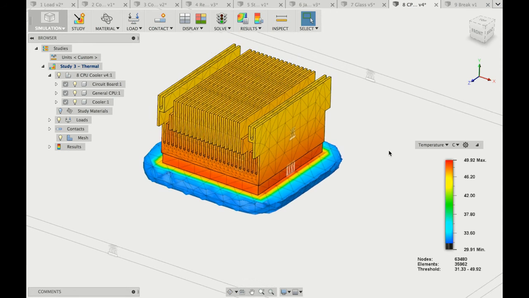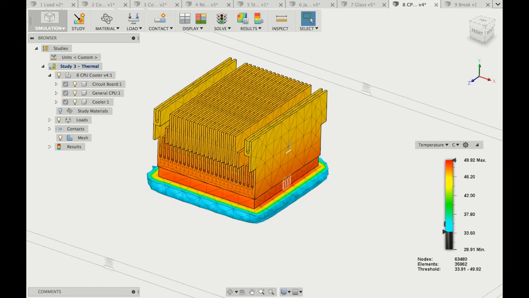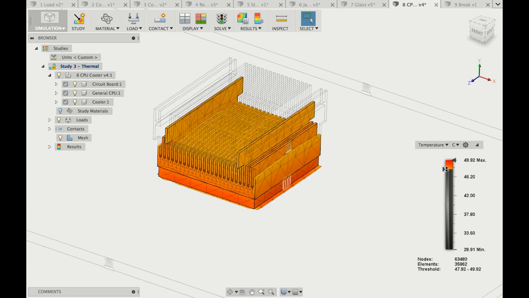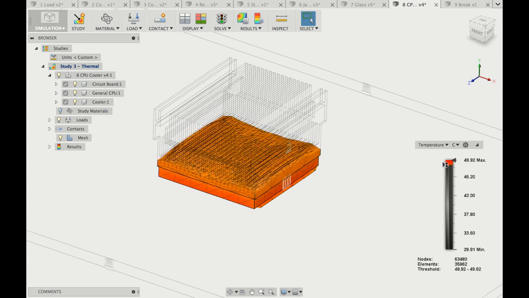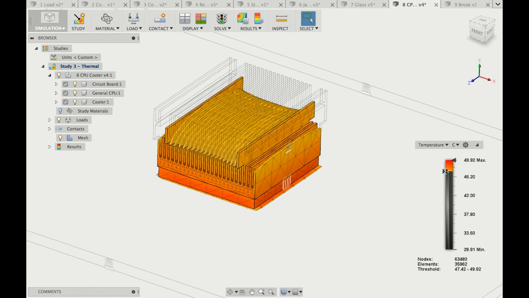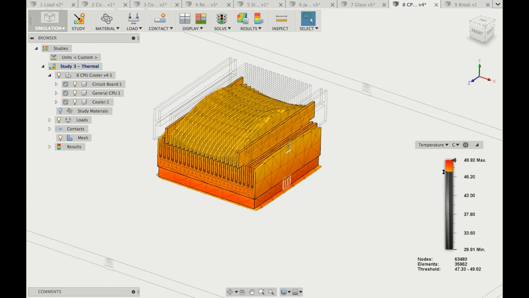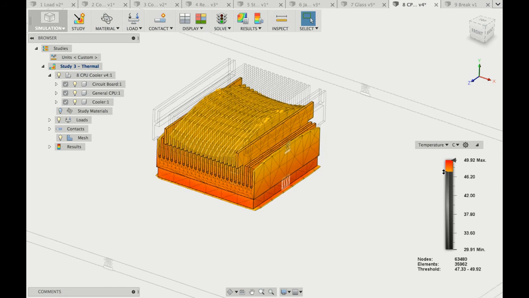And now you can again do some analysis. So in my case, let's take a look at how the heat is transferred. It starts with the CPU, and you can see how it is transferred through the cooler. And then you can see that the board, because it's made from ABS plastic, is a material that insulates. It doesn't take any part in the cooling. Well, there's one interesting thing. If you go back, you can see that actually this shape